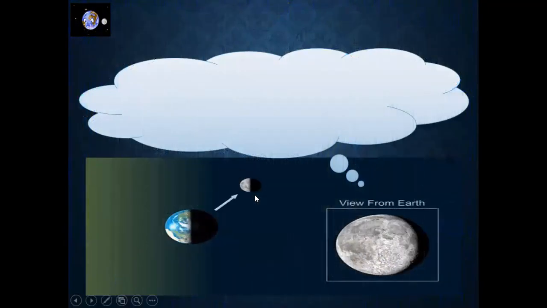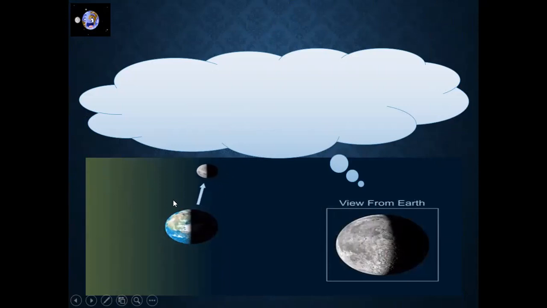Phases of the moon. Students, the moon revolves around the Earth once every lunar month. Lunar month means from full moon to new moon. So when the side of the moon lit by the sun faces the Earth, we see a full moon. This means that when the moon is on the side of the Earth nearest to the